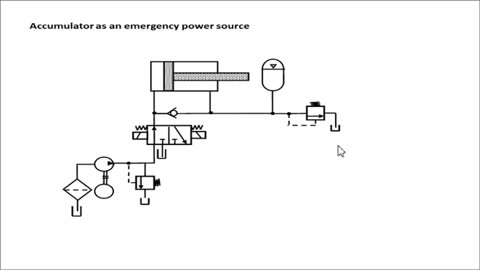Okay, so that is taken care of by this accumulator. Whenever there is a drop in pressure at this rod end line, immediately this accumulator will supply its energy to the rod end side and make sure that there will not be overrunning of the load, and this piston will not bump on the cylinder head.